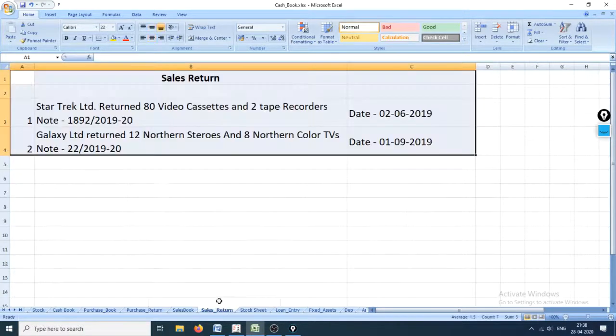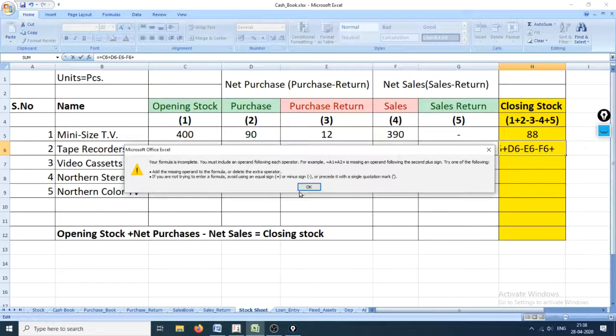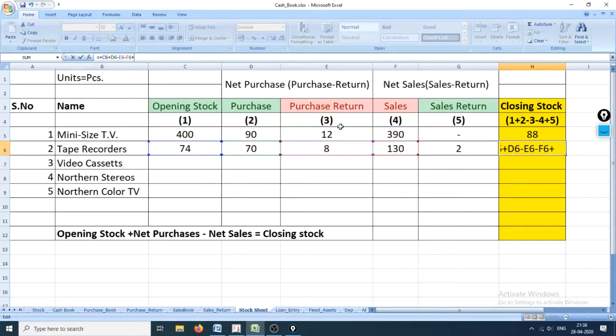Let's check if there is a sales return. Yes, sales return of 2 tape recorders, so they came back to us, that is plus 2 sales return.